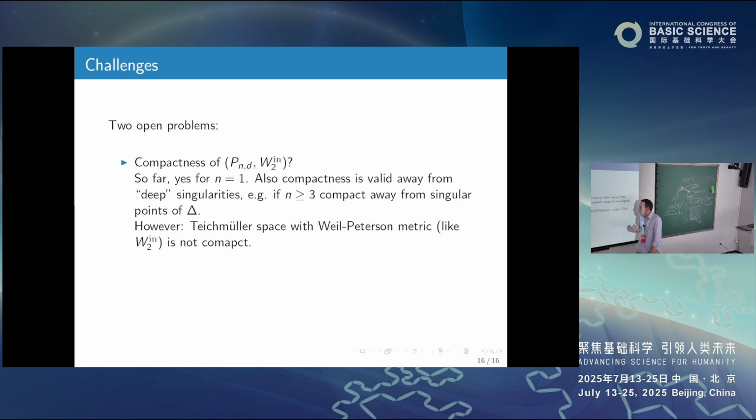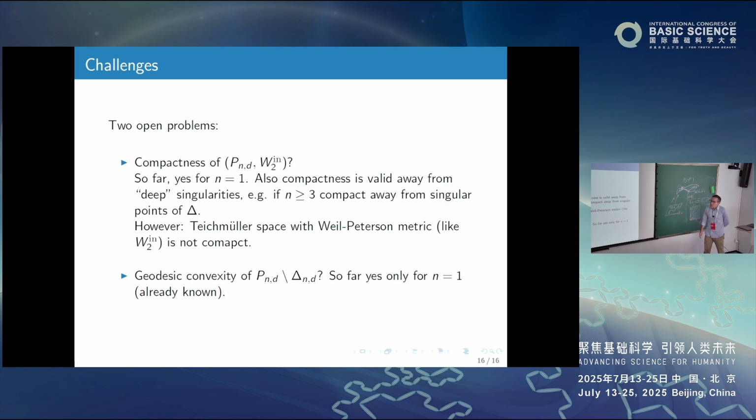Let me give you one additional comment: this kind of thing that we have done has some similarities with moduli spaces of certain general constructions. This distance has the same flavor as a Weil-Petersson type metric, and if you look for similarities, for instance, Teichmüller spaces sometimes fail to be compact. So it might be that it's compact, it might be that it's not. We still do not have a clear idea on why it is or not. And the other